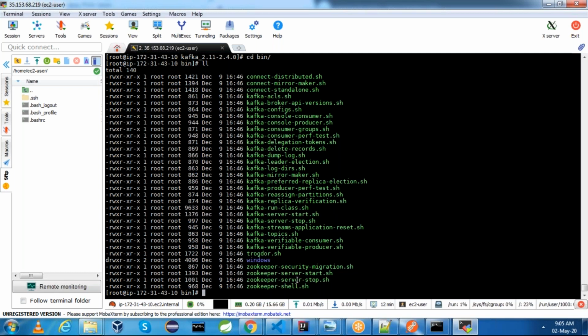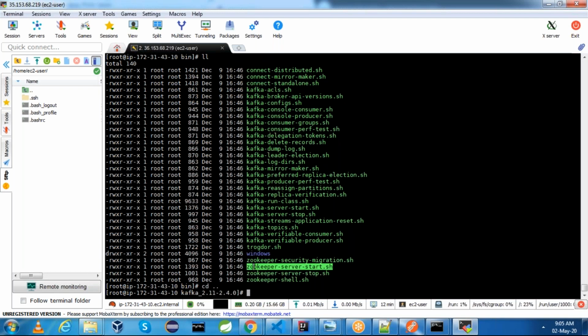To start zookeeper, you need the config file as well. For that, we can say sh bin/zookeeper-server-start.sh, and for this we need to give zookeeper.properties.